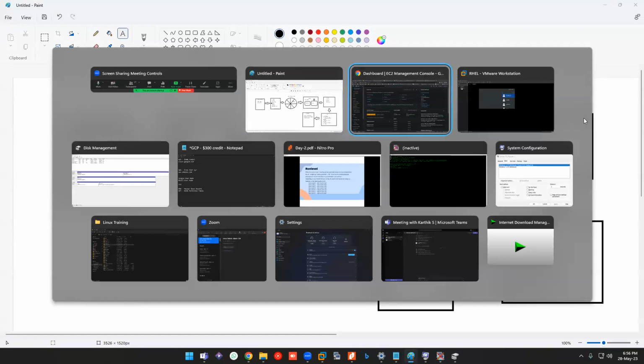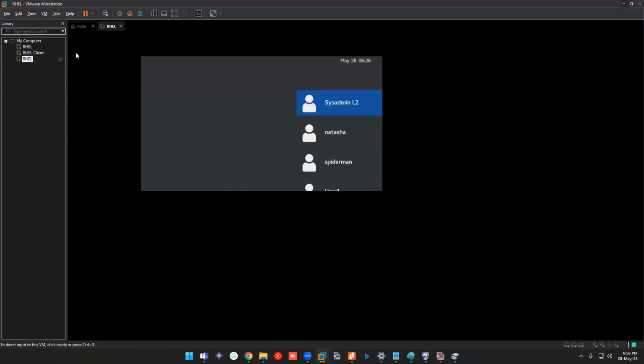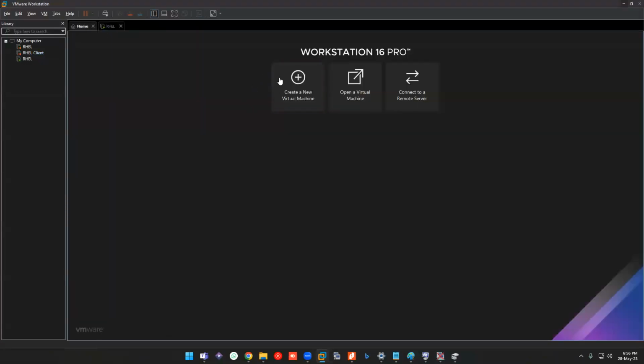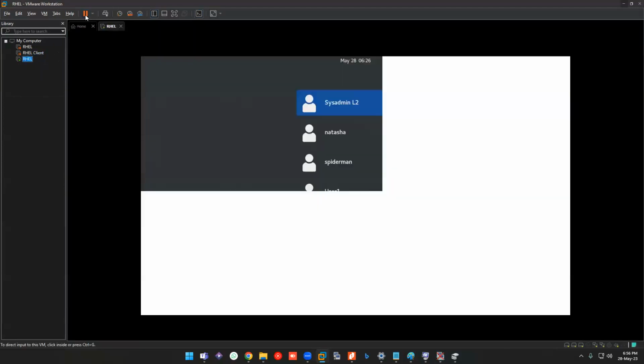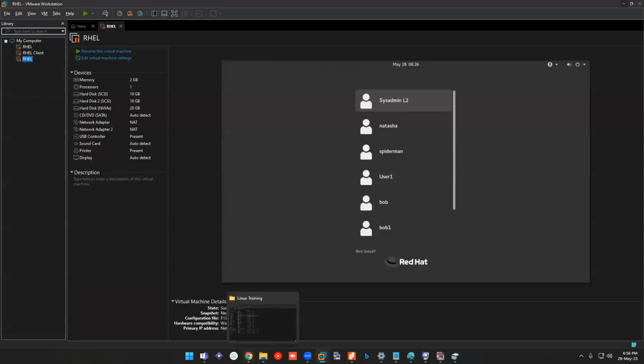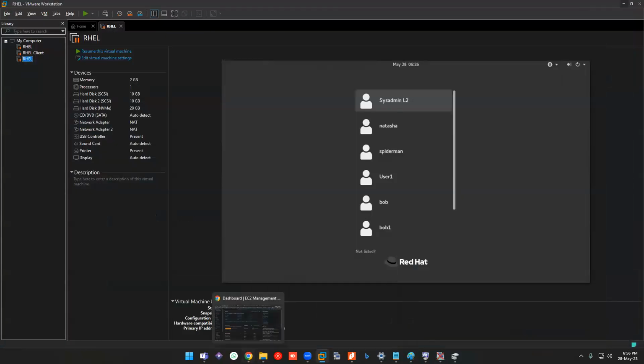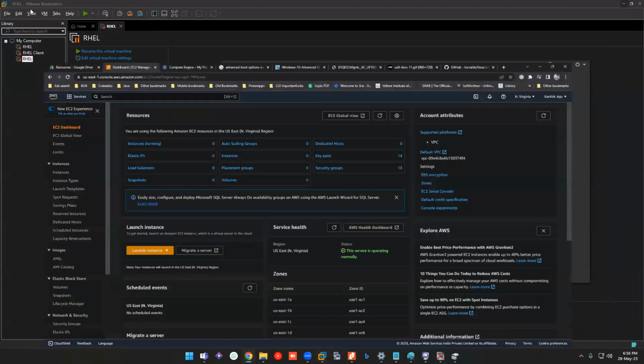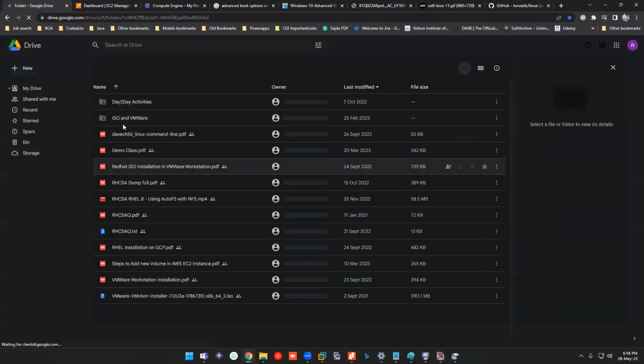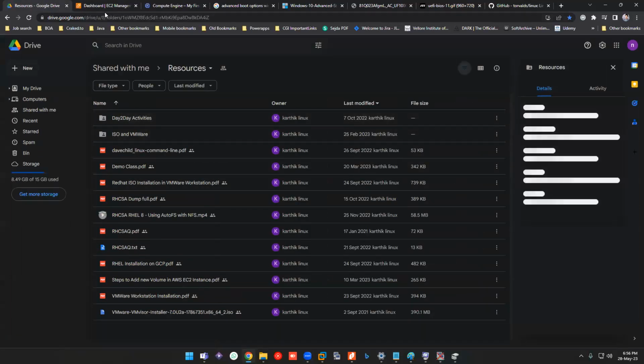Now we'll be seeing how to initiate a virtual machine. Let me suspend this one. The very first thing is the installation of VMware.